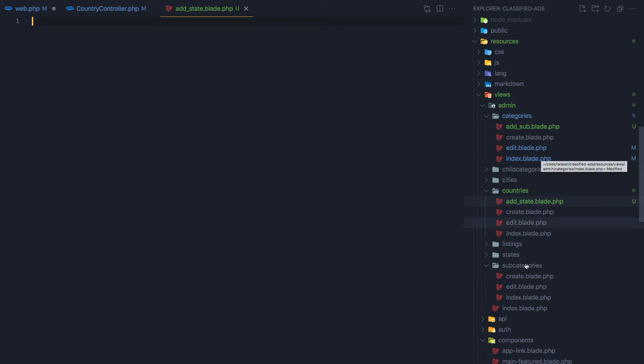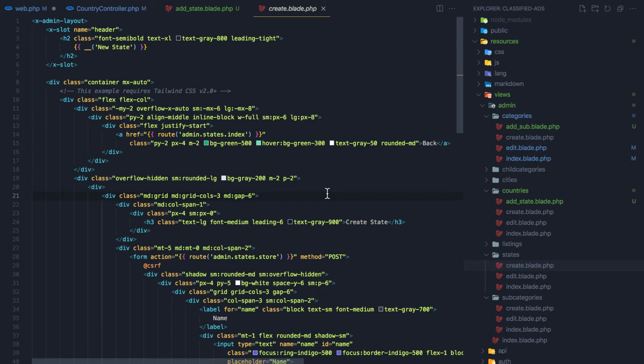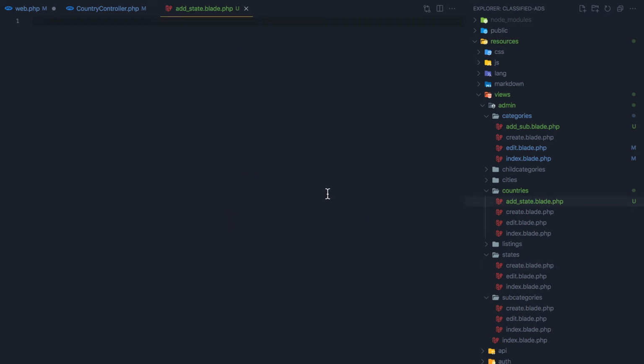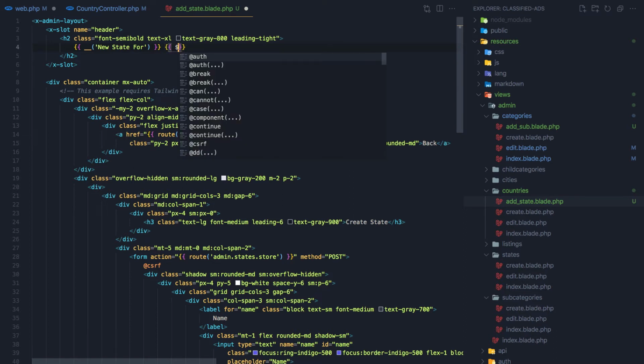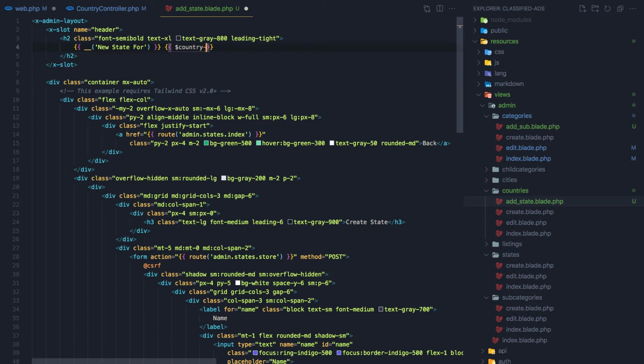and if I go in the states and create, I'm going to copy that. So select all, copy and paste it here, and we need to make changes. New state for country name, and I'm going to go back in the countries,